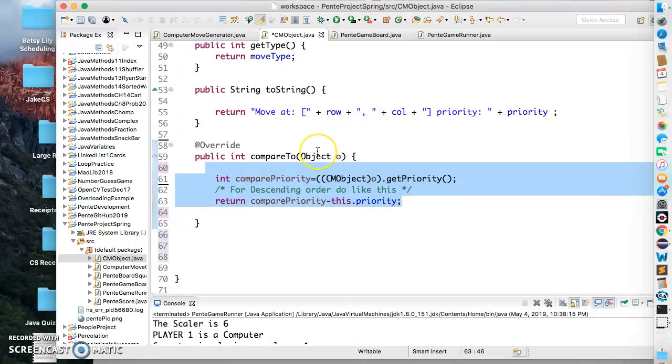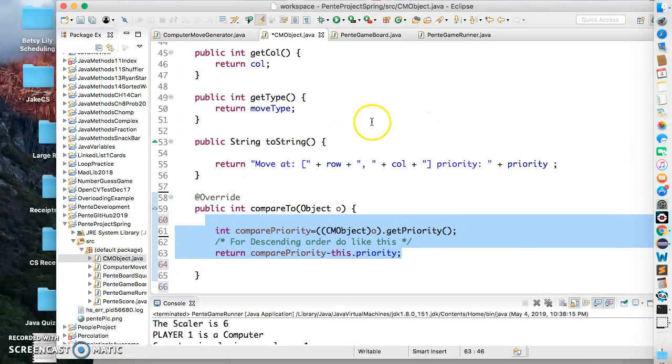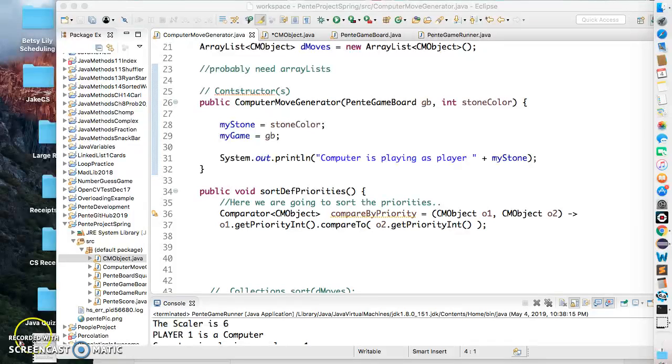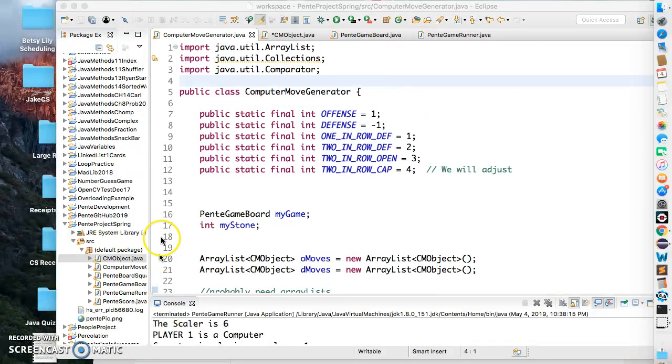And so then you can, I guess, sort it. And it's sort of easy to do. Okay, so the next place we need to go to is the move generator to kind of run this. Okay, so I'm going to go there in 1 second. Okay, so I've moved from the computer move object now to the computer move generator,